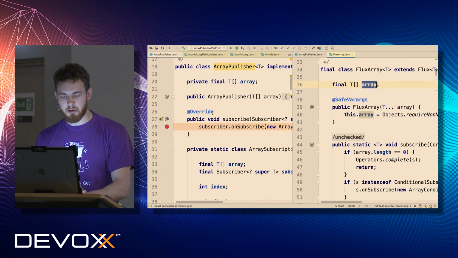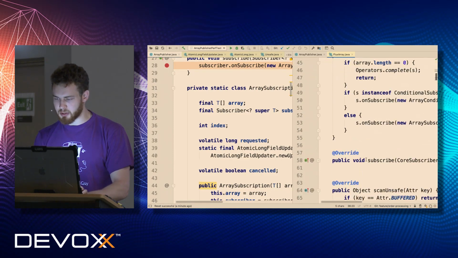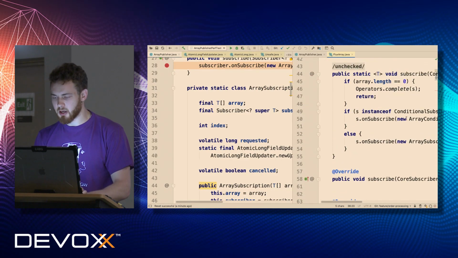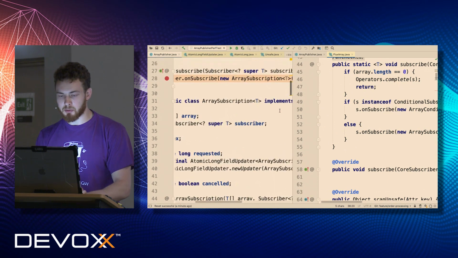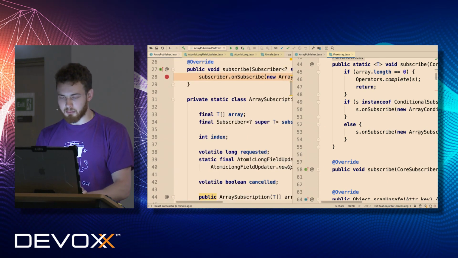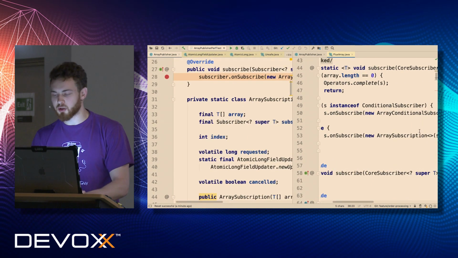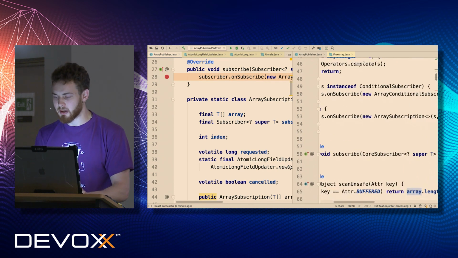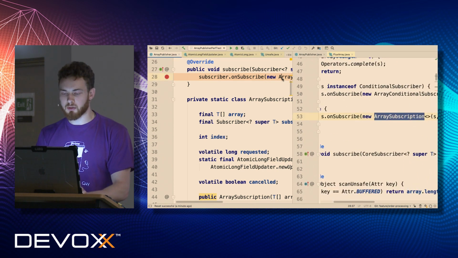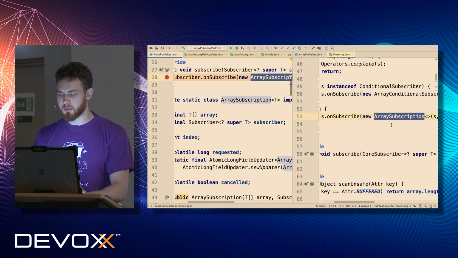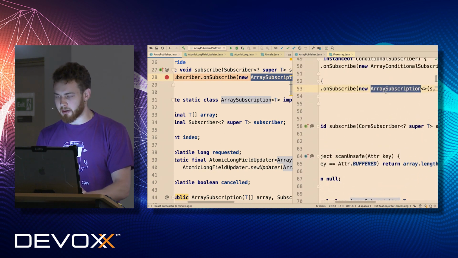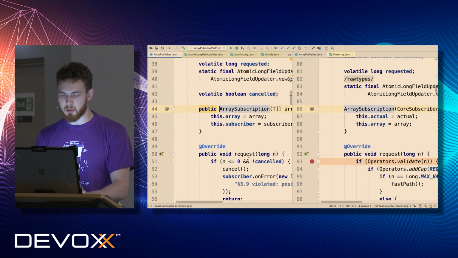We accept the array, and we do some subscription first. Our subscription is a little more simplified, since there is more possible optimization, but basically there is our array subscription. Now we have to look at the array subscription and compare both.